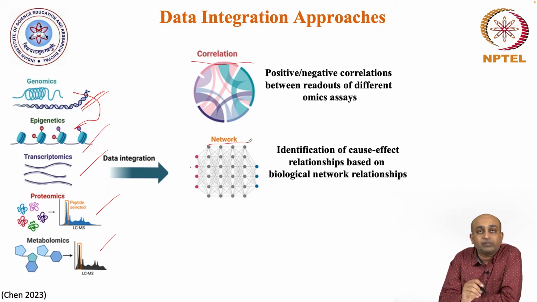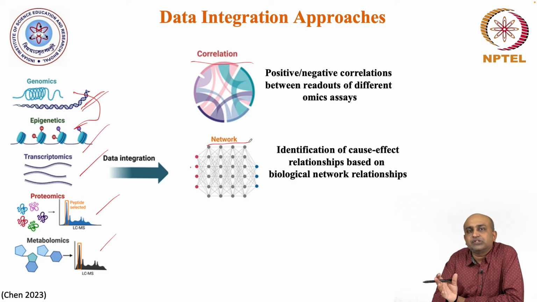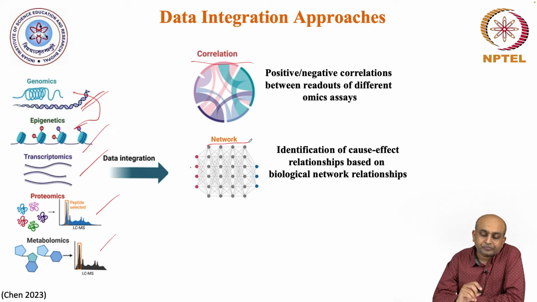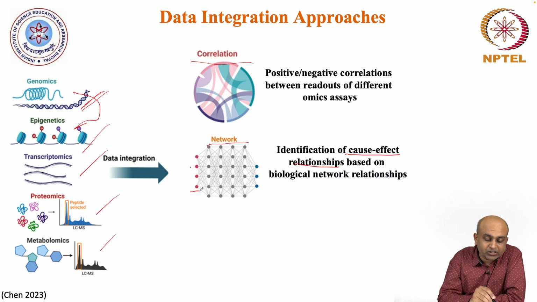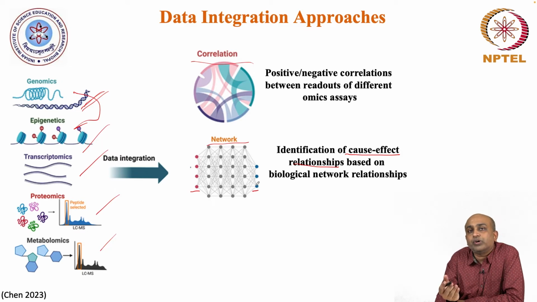at the network level. Whenever we talk about biology, of course biology is organized in the form of biological networks where different genes or proteins interact with each other, and this gives rise to complex biology. Now if you want to identify cause-effect relationships, that is, if there is some change in this particular part of the biological network, it is going to have this particular effect, that could be very interesting. For example, if these genes, the red ones, are highly expressed, then the genes in blue are probably going to be downregulated. So this is some kind of a cause-effect relationship.